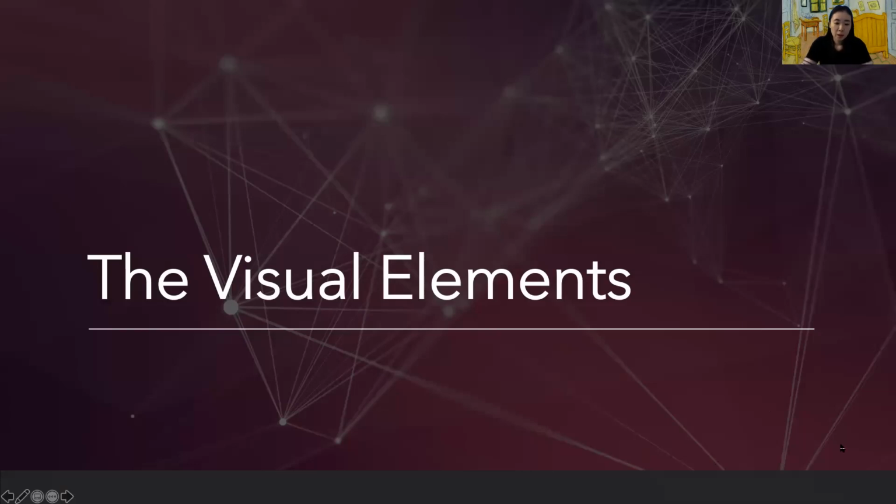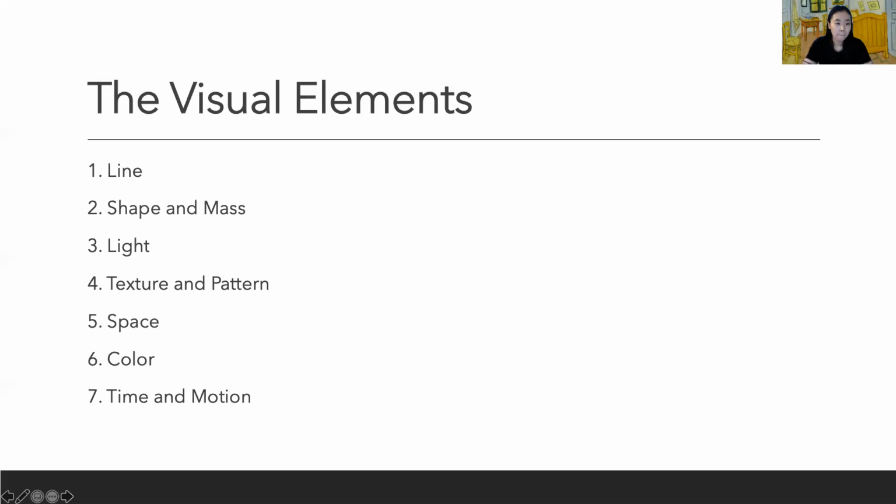We've learned five visual elements in the last class. So let's remind what we learned. We learned line, shape and mass, light, texture and pattern, and space in the last class, and we're gonna learn color and time and motion. And before we see the sixth and seventh visual elements, let me check